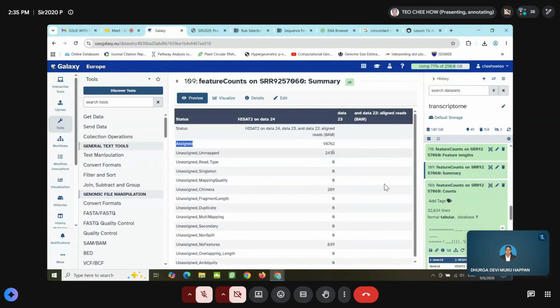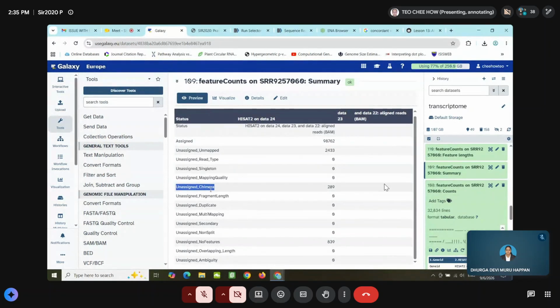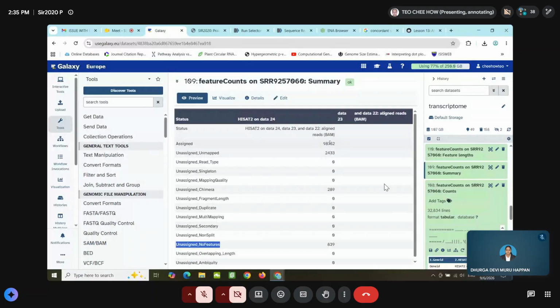How many of them are unmapped? How many of them have chimeric reads? And also how many are not assigned, no features. So this is the summary that you have. Basically you want to see a good number here, and if possible, reduce the numbers in all the others.